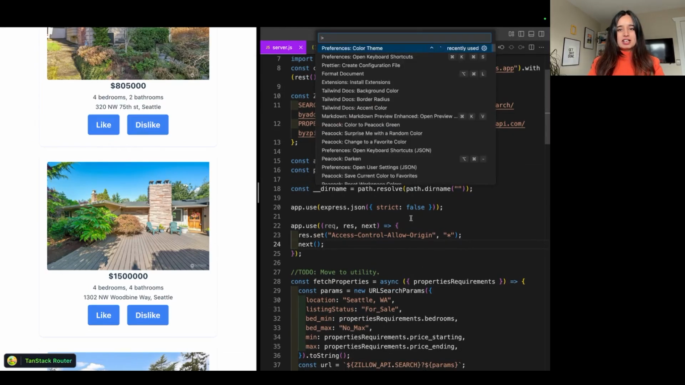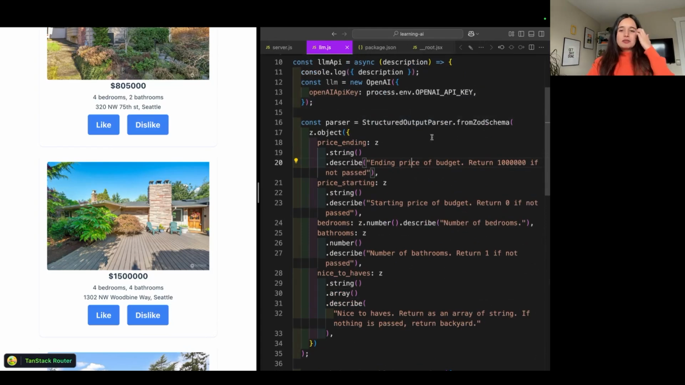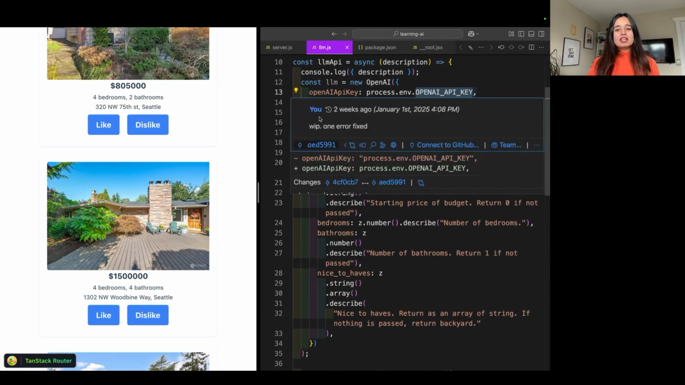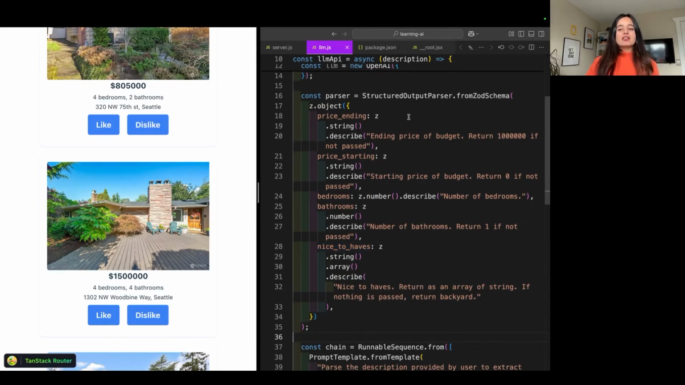So I've got this file called LLM.js, and this is all I'm providing my LLM. I'm creating an OpenAI LLM, I'm just providing it my API key. Then I'm setting a parser. I'm using the structured output parser and giving it a Zod object that I want to create. And the Zod object that I want to create is price ending, which is going to be a budget, which provides us a budget range of what my property should be, number of bedrooms for the house that I'm looking